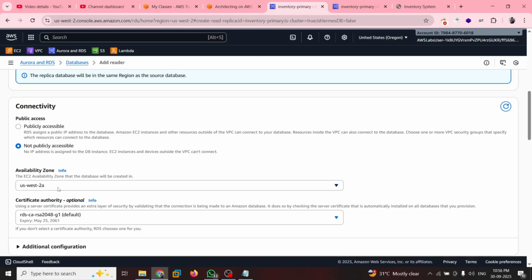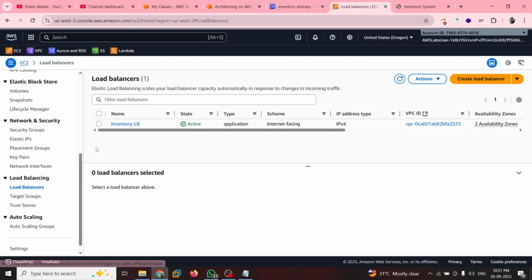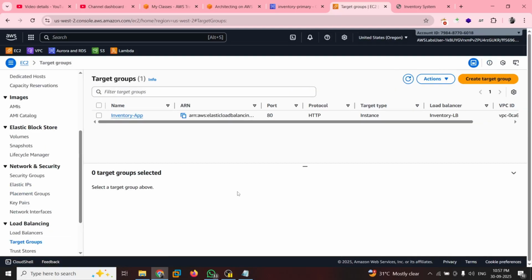Load balancer. Let's get back to the RDS only. Database,